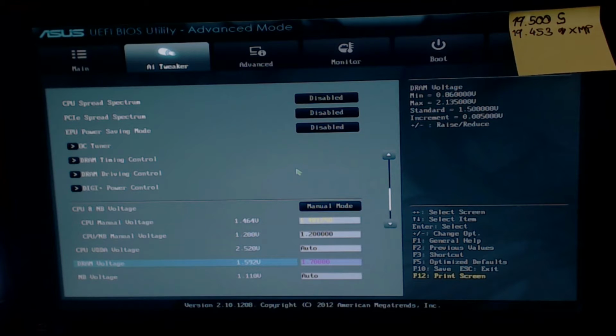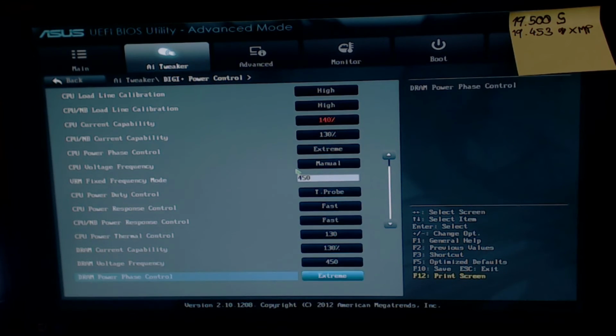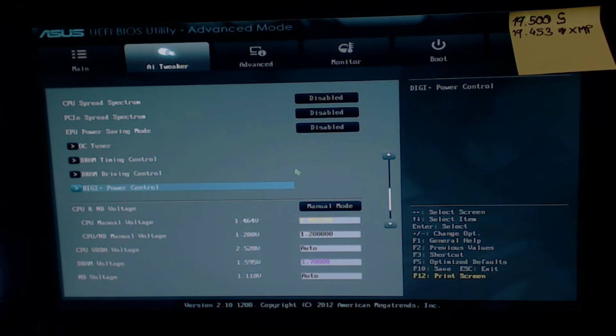Or the Bulldozer or Phenom CPUs. Phenoms can go up to 1.8, and the older Bulldozers can go 1.8 as well. They're more robust. The Viseras and Richlands and anything newer from AMD, you want to stay at 1.7, 1.725 at most. But obviously, I have the extreme setting for phase control, so it's going to voltage boost when we're running. So it's going to go slightly over 1.7, so I'm just going to set it to 1.7